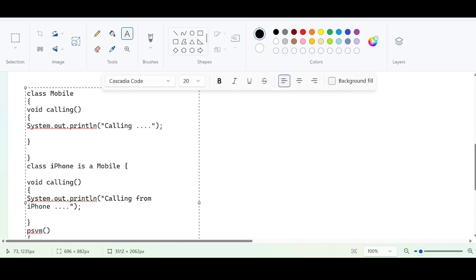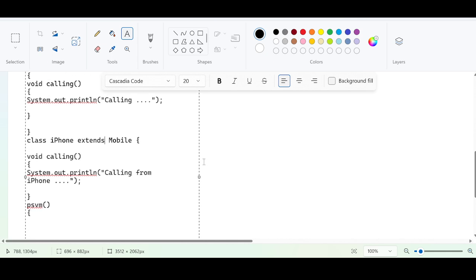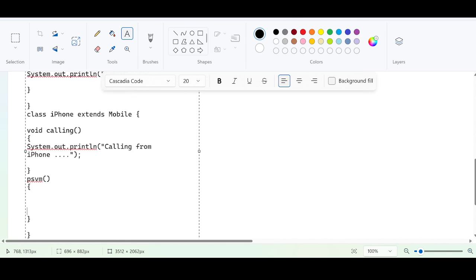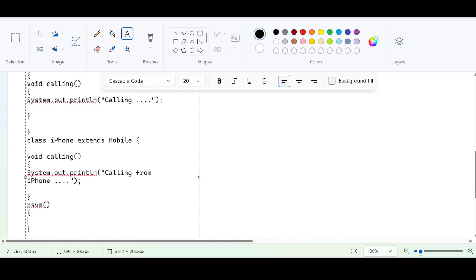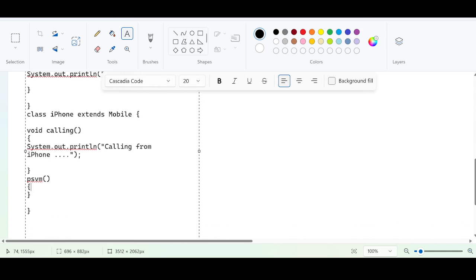But to make Java understand that these two classes are in a relationship, remove "is a" and use the extends keyword. Now it's perfect. There are two classes with some methods inside, and also a main method.